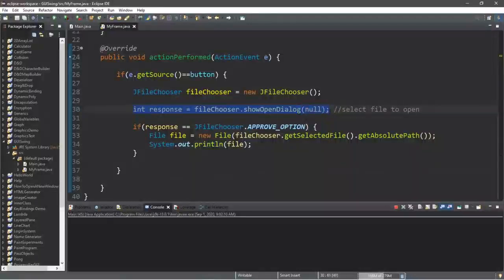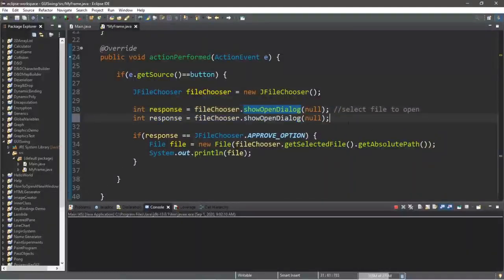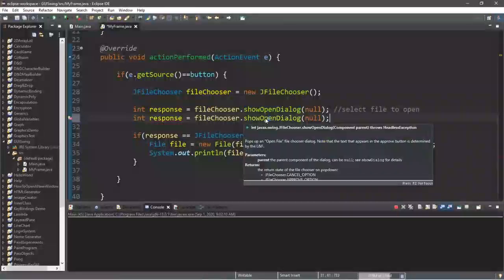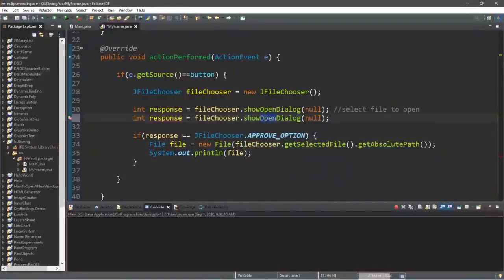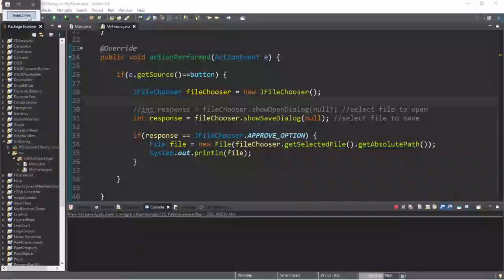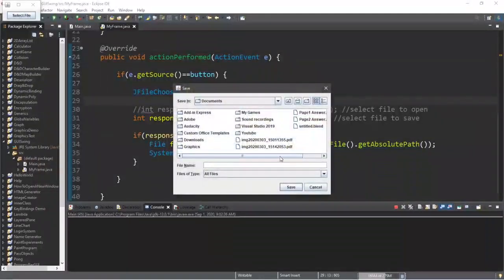Alternatively, we have show save dialog. So that is file chooser.show save dialog. So I'm going to change open to save. And I'll just turn this first line into a comment because we don't really need it anymore. So this will select file to save. All right, it's the same process as before really, but now we have this save button and we can attempt